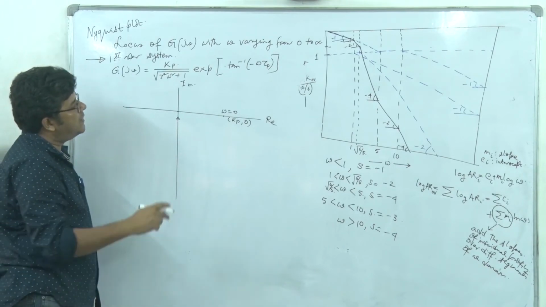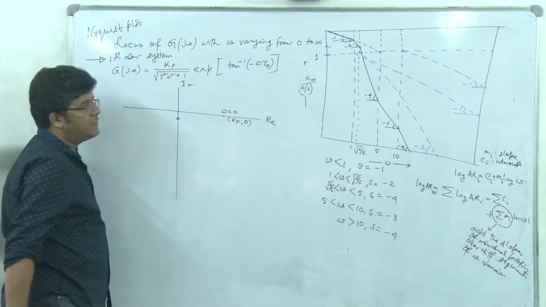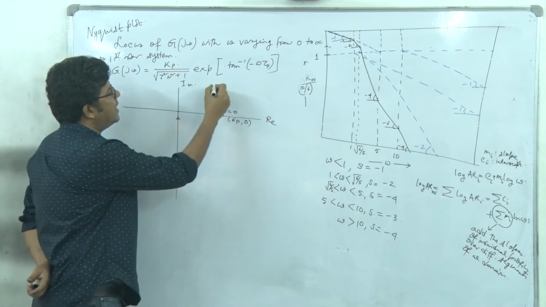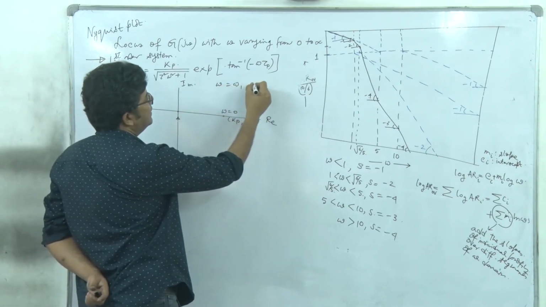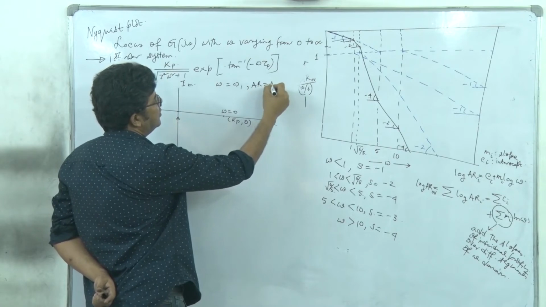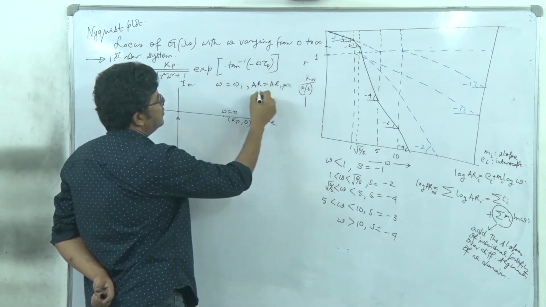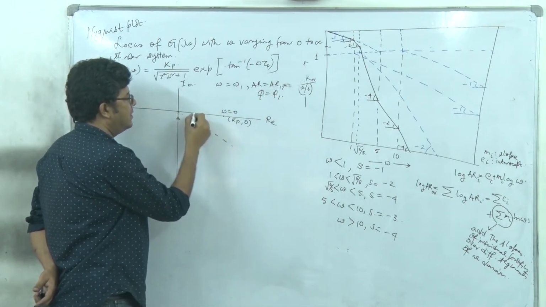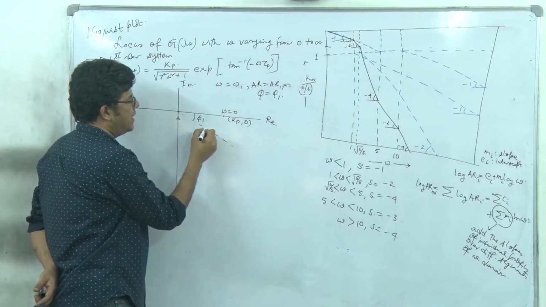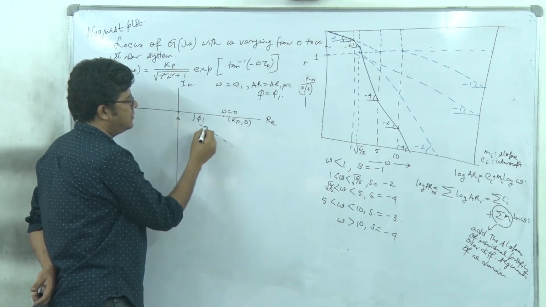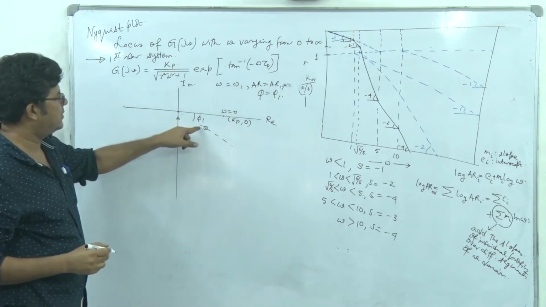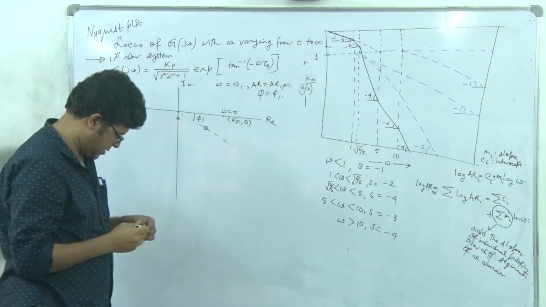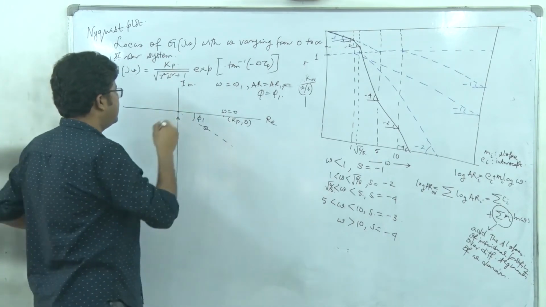Now definitely in this region we have to generate certain values of amplitude ratio and phi. Like say we have calculated for omega equal to some omega 1, AR is equal to AR1 and phi is equal to phi1, right? So we'll go for drawing a line. Let's say this is phi1, and along the line we will mark the length. Along the line, this will be omega 1. So if I join such points, I will get a line like this.